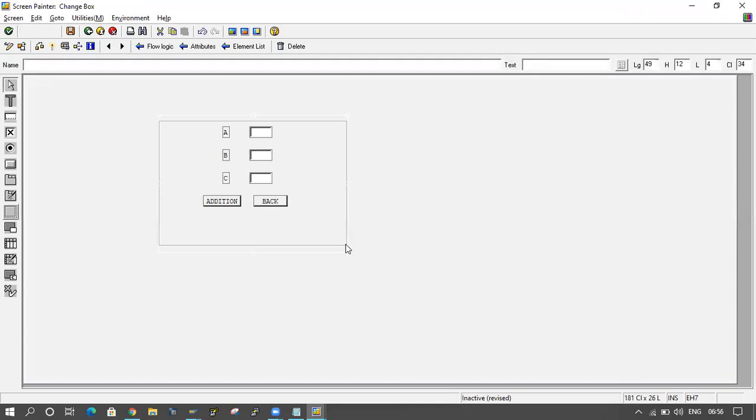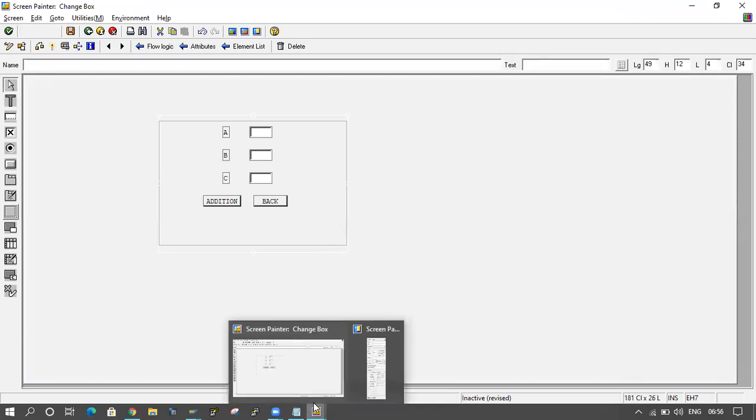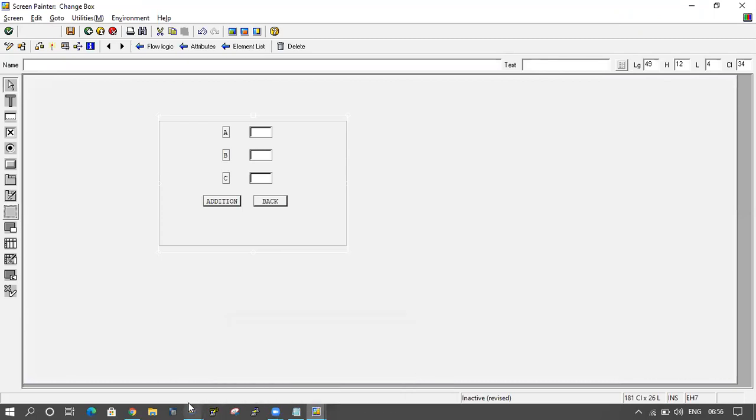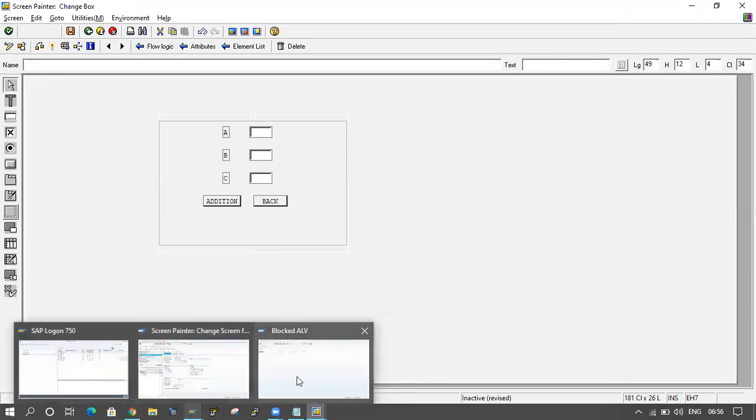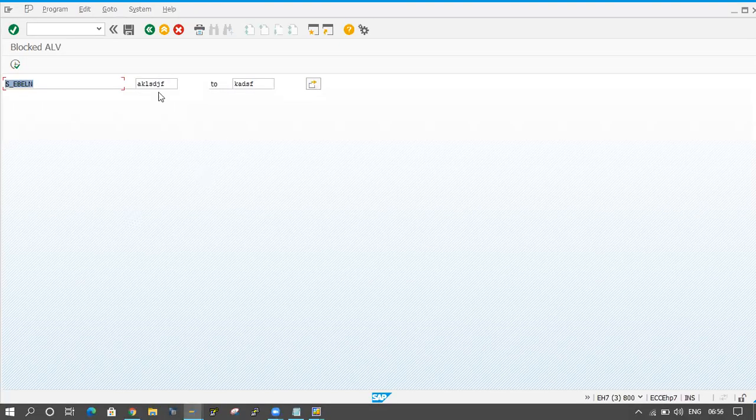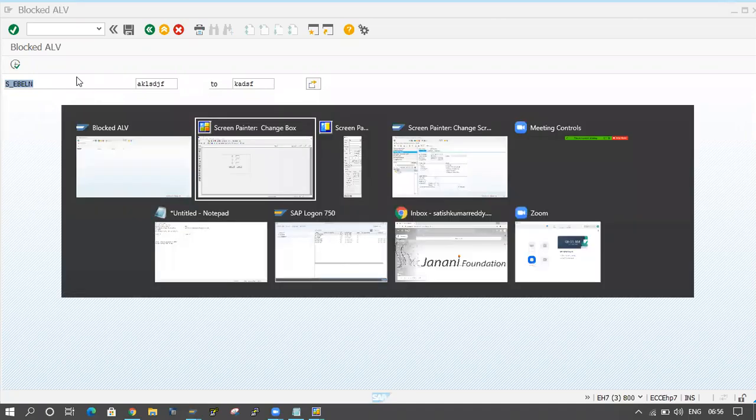So in our programming, we will give the selection screen. Selection screen also means we have to give a border for the input screen. Here it is coming like this, but I will give a border here like this. And for the border I will give a name like PO details, right? In the same way here also I want to give a name.